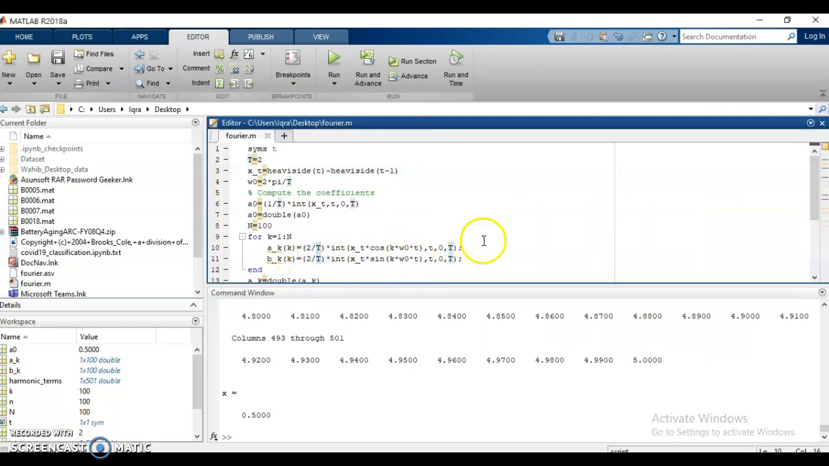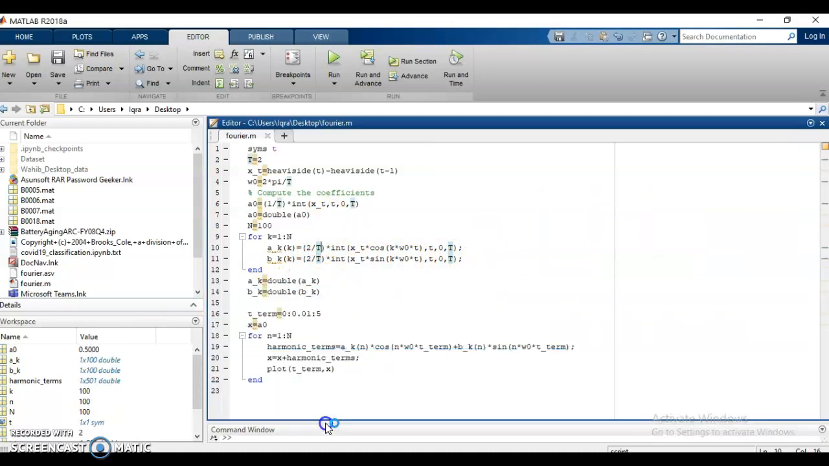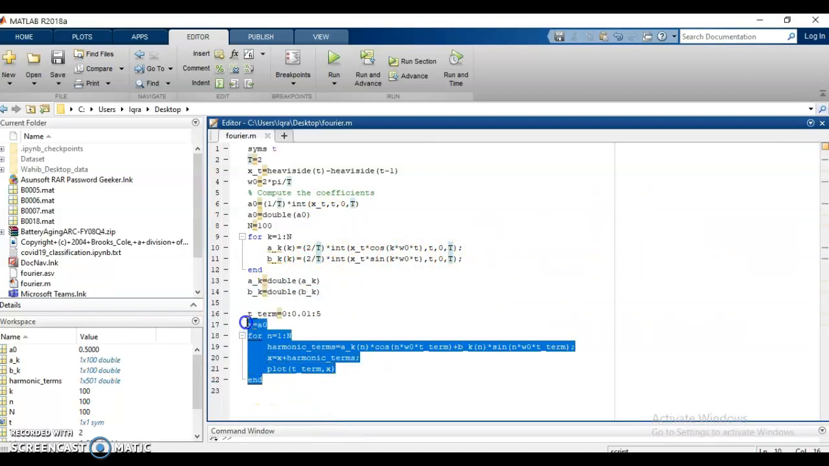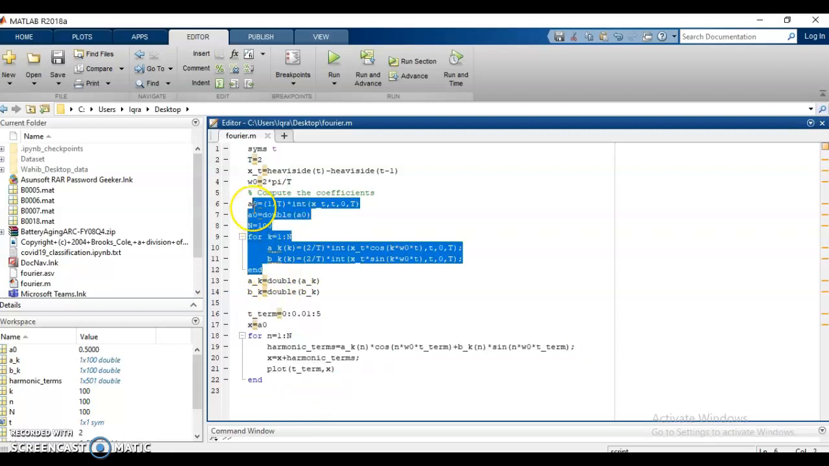Now what you can do is you can compute the terms in one function, and you can compute the coefficients in another